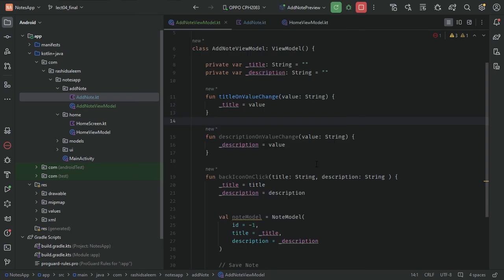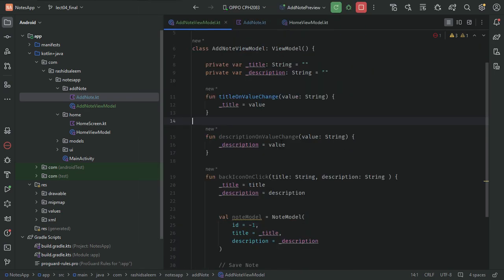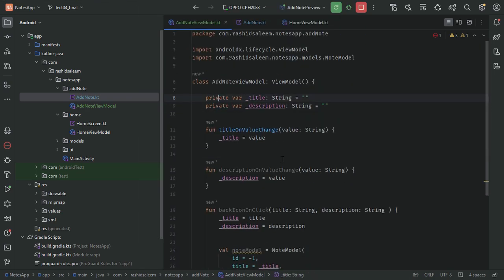So we will store our title whenever the user types anything, and we also need to present the title when the user has changed anything. So for that we will expose a public version of this title,